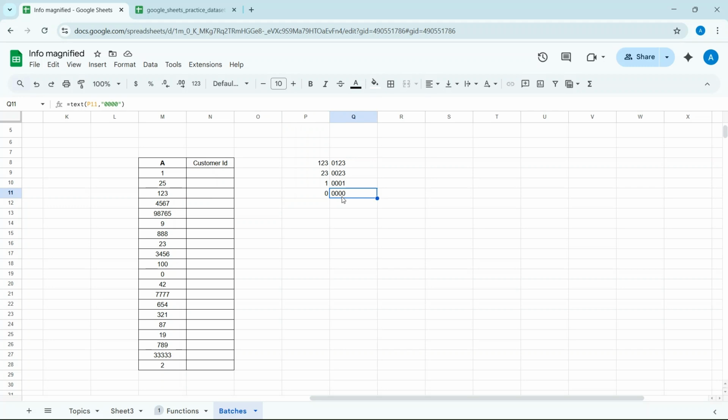So why do we use this function in real life? It is when you need a formatted ID or formatted number where you want to calculate, then you add this formula to make every column, every cell to be in